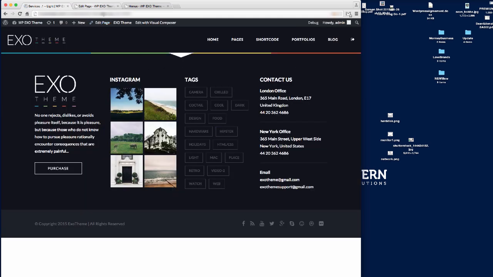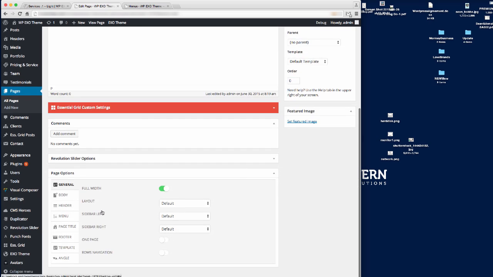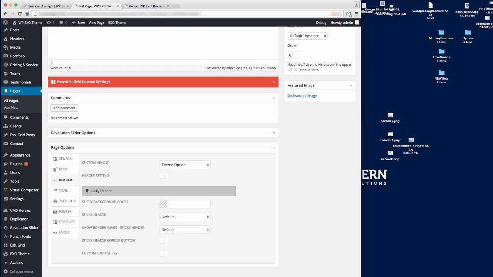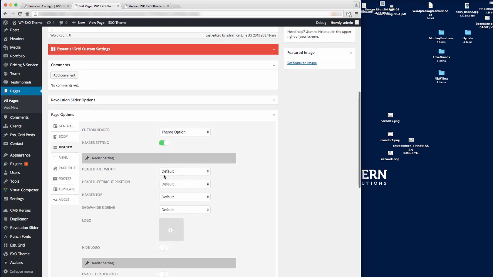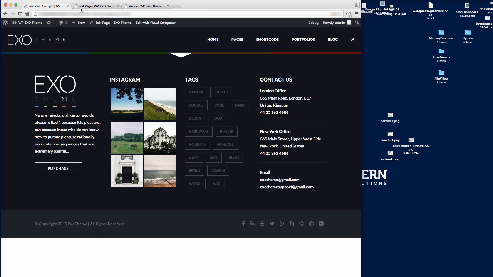So what I want to do is go back into the editor at the back end, and we're going to edit the header first. If we click on the header tab here, we've got different options, so we want to tick header settings because we do want to use these header settings. You can look at all these different settings, but for this one we need to change the logo, because the actual logo